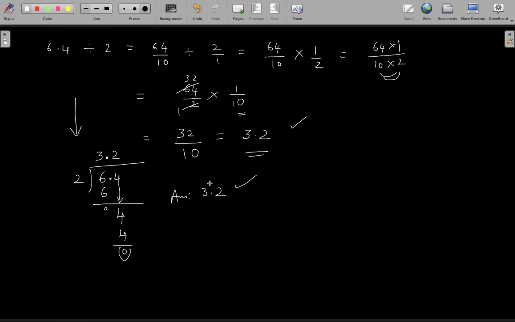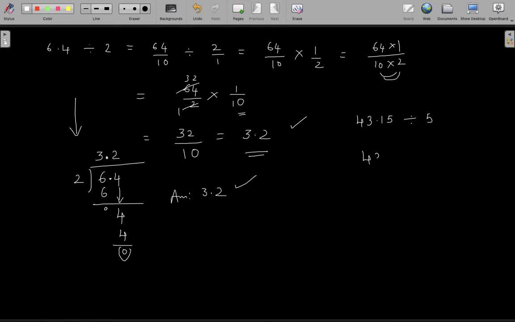Right? So when you are dividing directly, whenever you come across this decimal point during the process of your division, immediately introduce the same decimal point in the quotient. Let me give you another example. Suppose I have a decimal number, say 43.15. This I want to divide by 5.